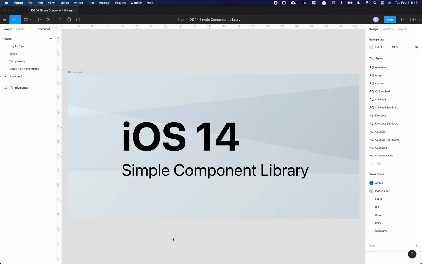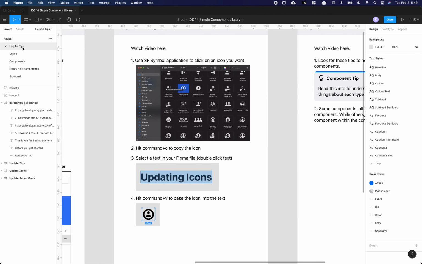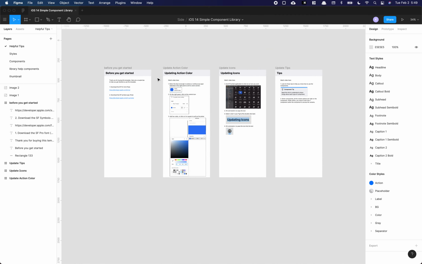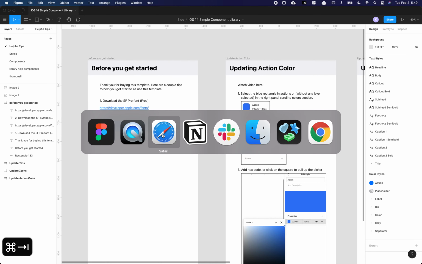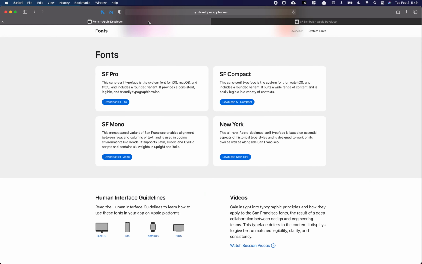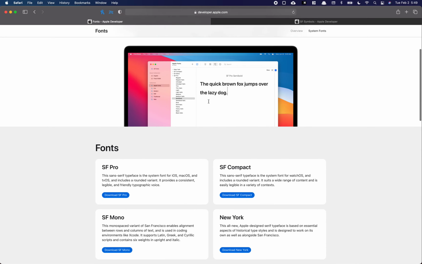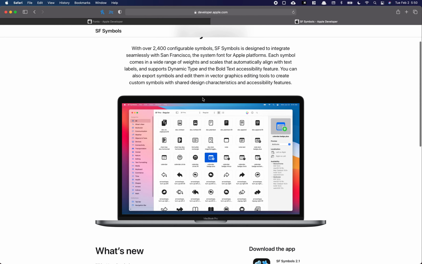Simple component library. Let's dive right in. Here initially you got these helpful tips, a few different sections here. Before you get started, they have these two links. They'll open up Safari to download the fonts from Apple, as well as this SF Symbols